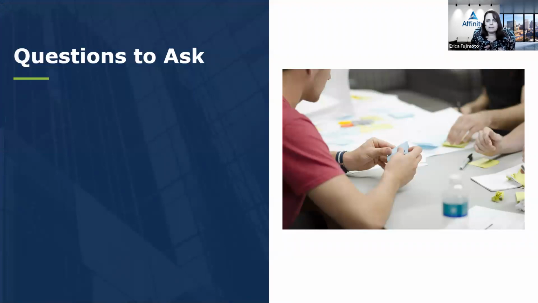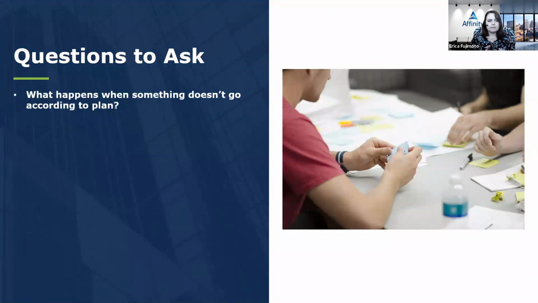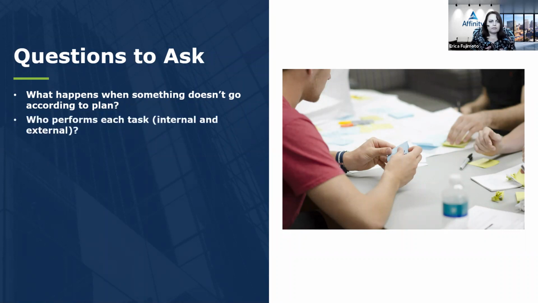Some of the questions that you might want to be asking as you are mapping the process is, what happens when something doesn't go according to plan? We expected the judge would enter an order, but he set a hearing instead. We requested info from opposing counsel and we expected to receive back that info, but what if they don't provide it? Is there another way to get it, or is there something else that we have to do at that point? So essentially you want to be asking, what do I do when things don't go according to the plan?